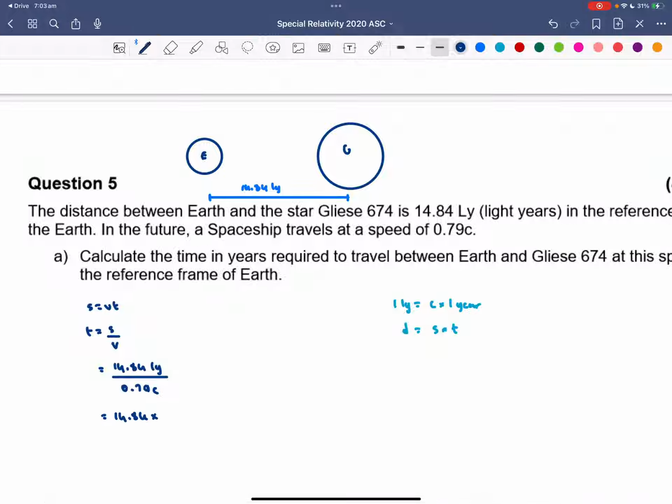So I'm just going to replace light year with c times a year, or c years. 14.84 times c times years, because that is the definition of 1 light year. So I've just replaced light year with c years. Okay, so c years effectively. And then all divided by